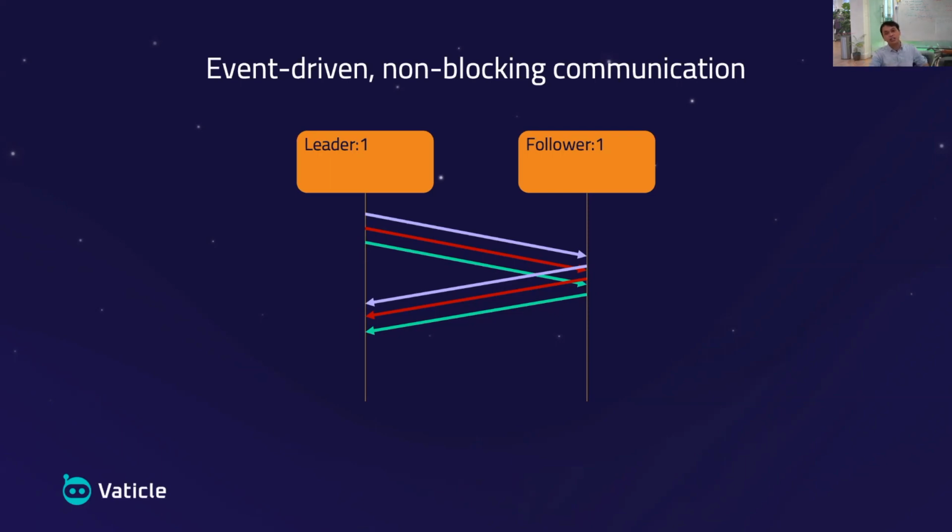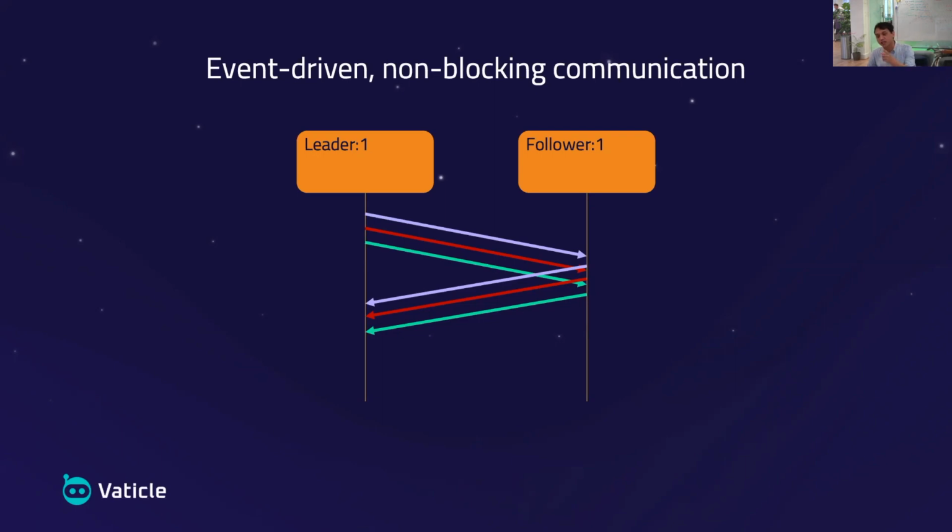And the arrow that you see here on the screen indicates the fact that the leader can keep on sending data to the follower one after another without waiting for the follower to respond. So the leader sends the first request, the blue one, and without waiting for the response for this request, it can immediately send the next one, and the next one, and then the next one. Eventually, when the response is received for the particular request that it did some time ago, then it's going to continue processing this request. But the idea is that after it sends the first one, it can immediately do other things without having to wait.